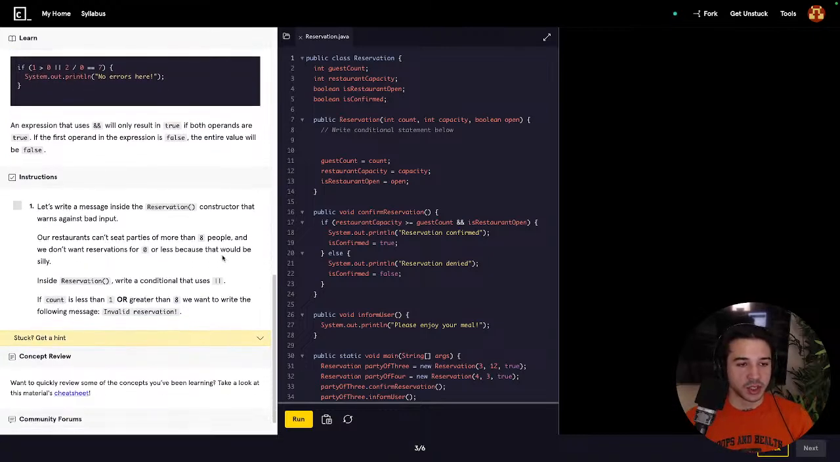Let's write a message inside the reservation constructor that warns against bad input. Our restaurants can't seat parties of more than 8 people. We don't want reservations for 0 or less because that would be silly. Inside reservation, write a conditional that uses OR. So if count is less than 1, or count is greater than 8,